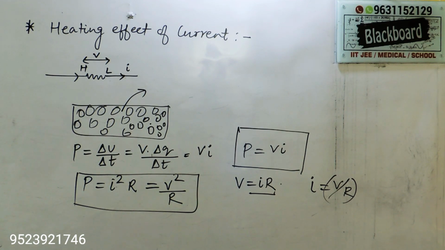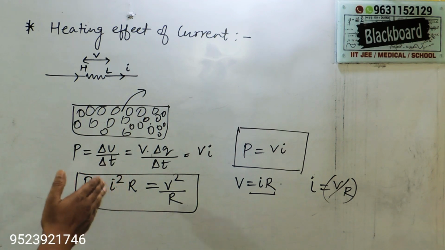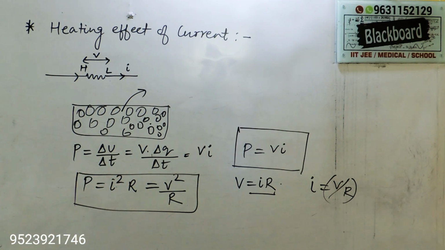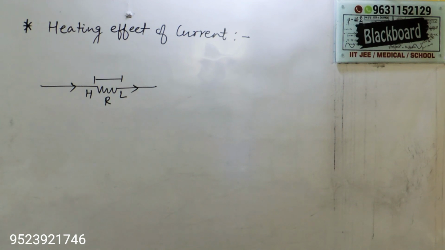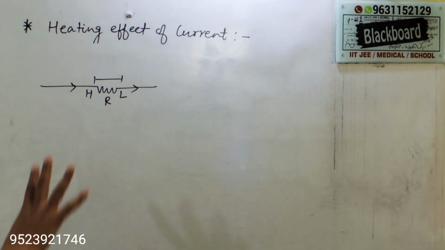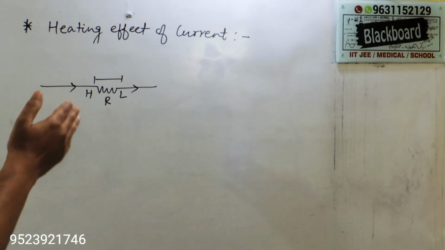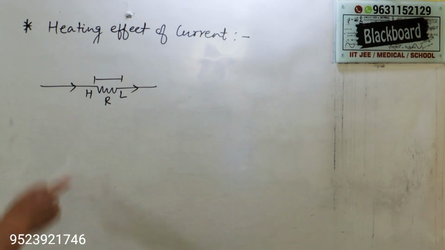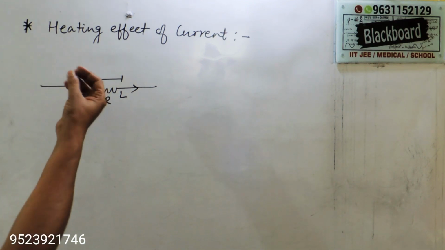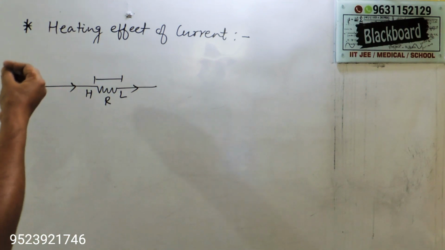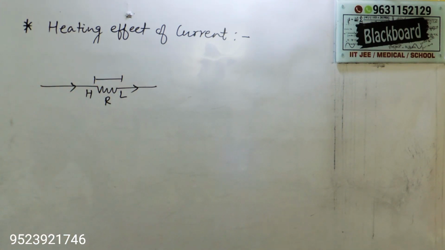Power is always dissipated in resistance. With this rate, the heat produced in the resistor in time t is H equals Pt. As current passes, what happens? Heat develops. And Joule's heating occurs whenever a current passes through an element that has resistance. Resistance means something that opposes the current, so the current that is being opposed is converted into heat.